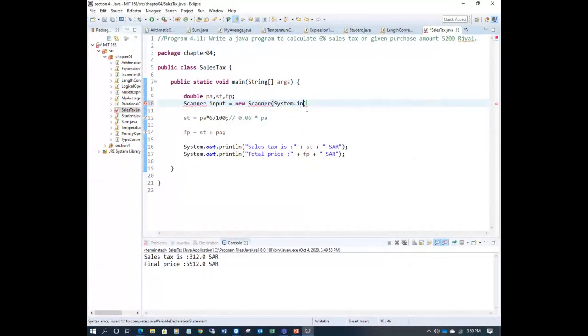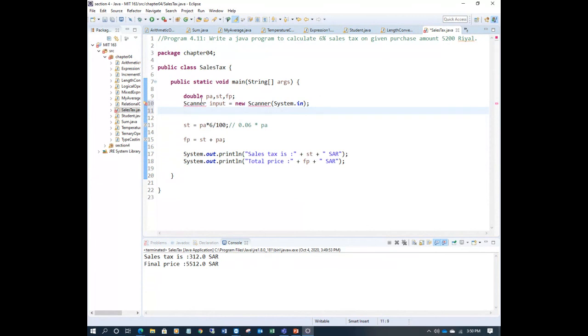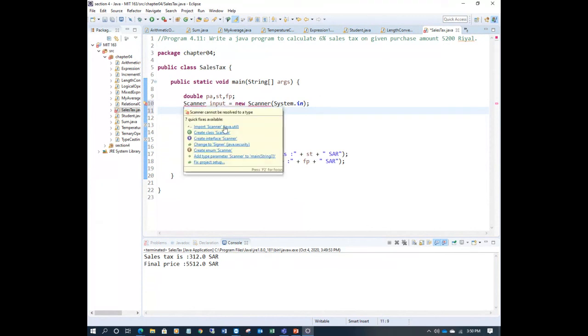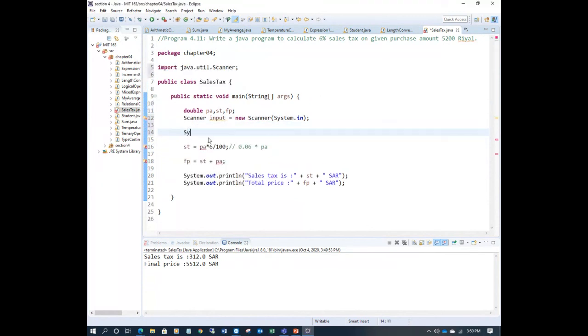Right? So here, mouse over on the scanner and import the package. Then System.out.println, enter the purchase amount, right?